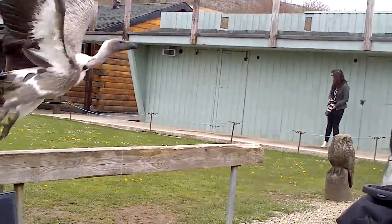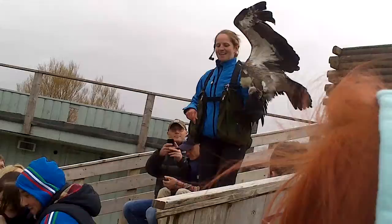And even if they see other vultures circling, you can see how clumsy he is when he used to fly under his own steam. Yeah, there you go. If they see other vultures circling, these guys get up to